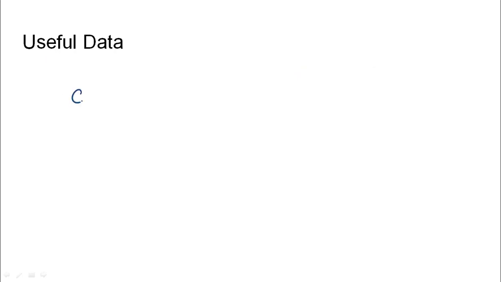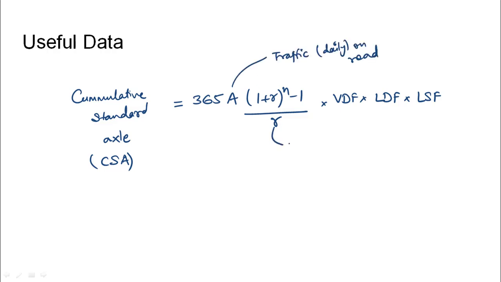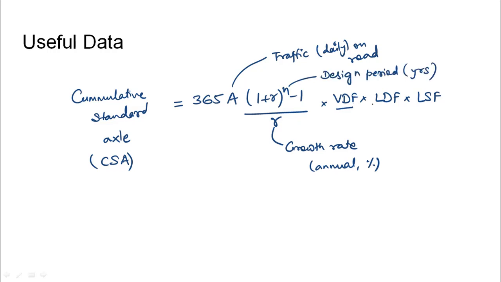So, to find the cumulative standard axle, also abbreviated as CSA, the equation is 365 into A into (1 plus r) to the power n minus 1 divided by r, into the vehicle damage factor, into lane distribution factor, into load safety factor, as in this case. So A is the daily traffic on the road, r is the annual growth rate in percentage, n is the design period of the facility in years, VDF is the vehicle damage factor, LDF is lane distribution factor, and LSF